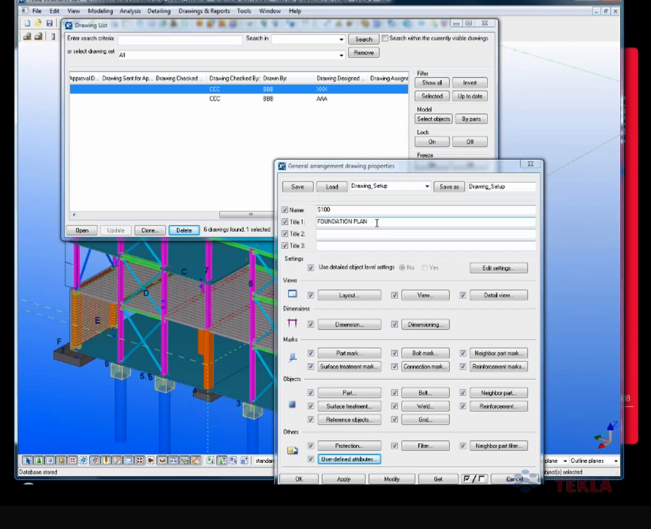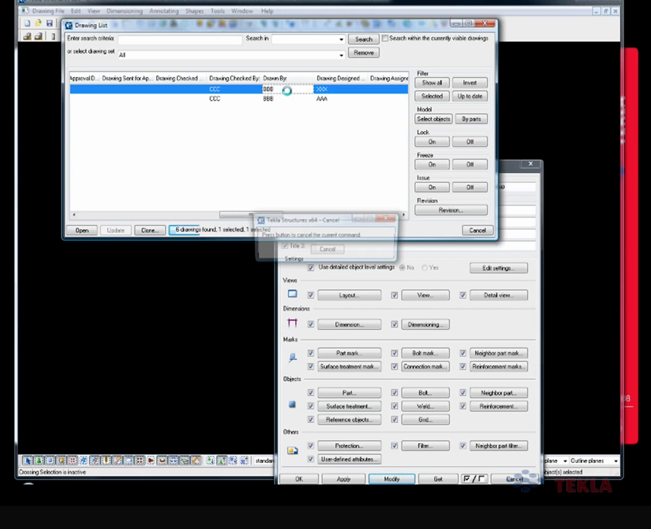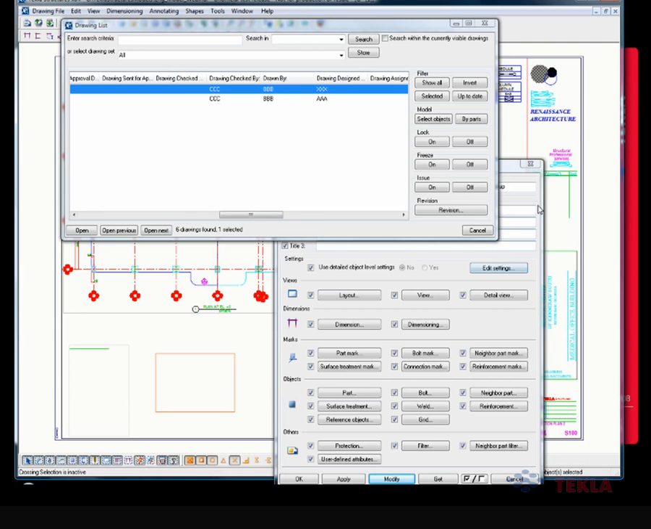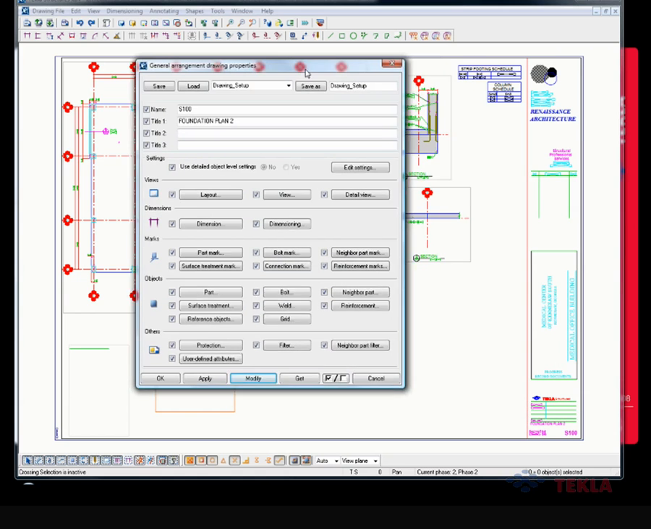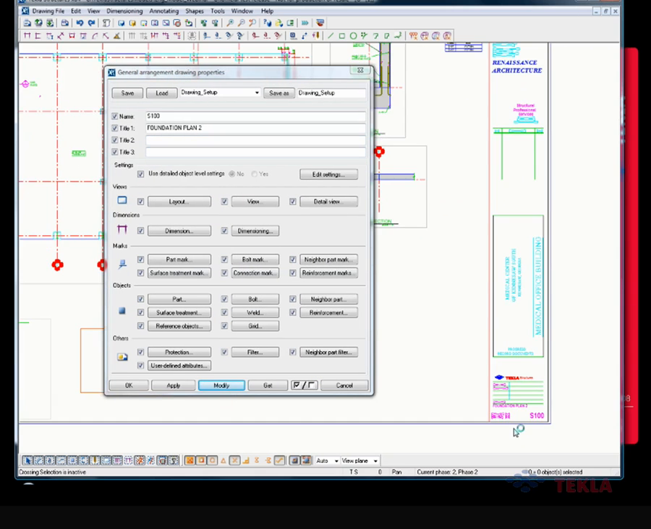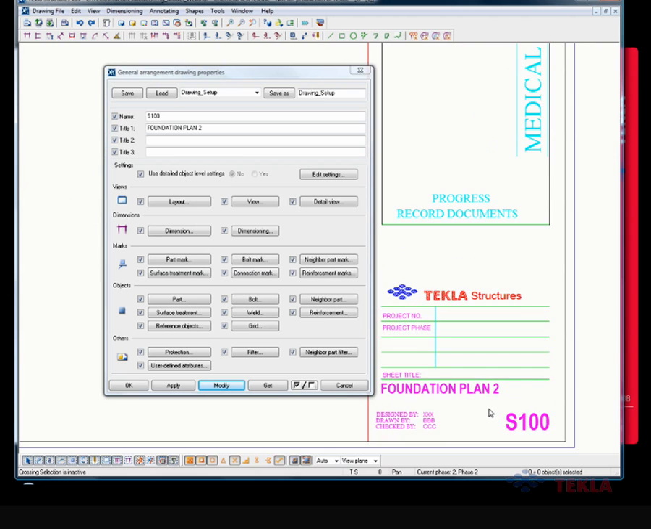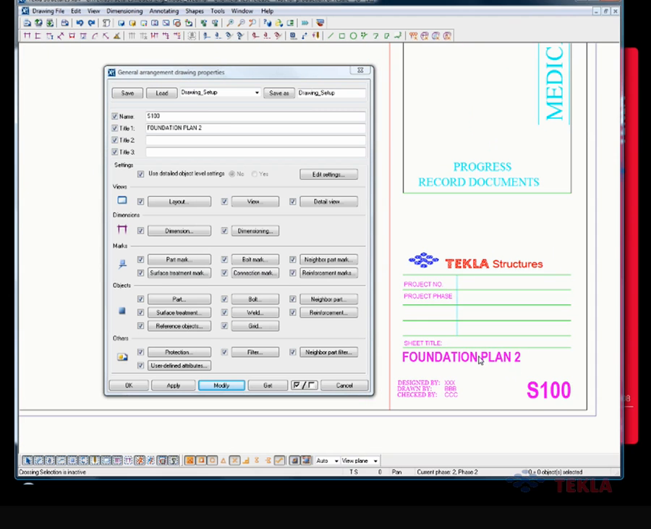And then if I was going to change something of this foundation plan, to say, call it 2. So now I'll go open up this drawing, and here I'll go down to the bottom, and within my drawing, my templates, one of the previous webinars